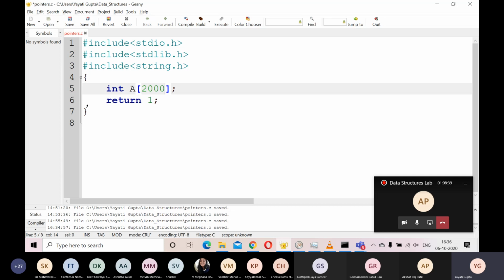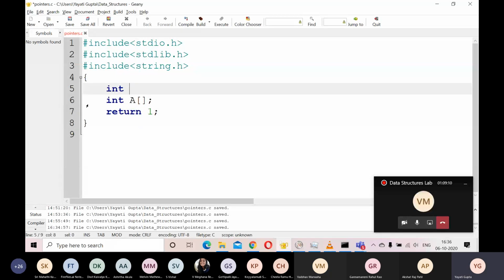Tell me, you have done it already. I don't know what the size of this array is. Somebody will tell me at the execution time of this program what the size is. Can I take size as an input from the user? Yes, ma'am. Yes, definitely. So we have done that.